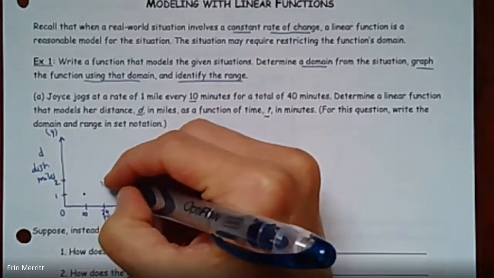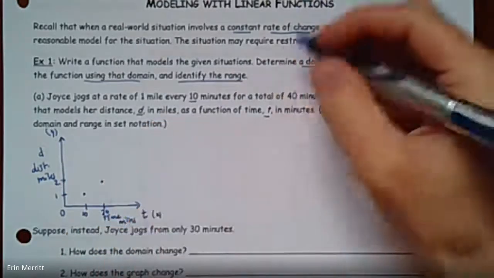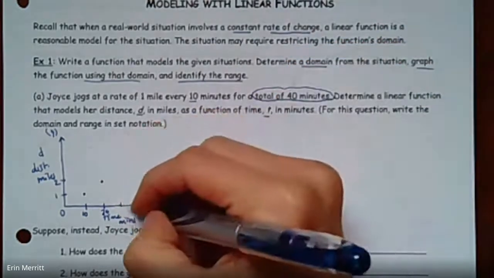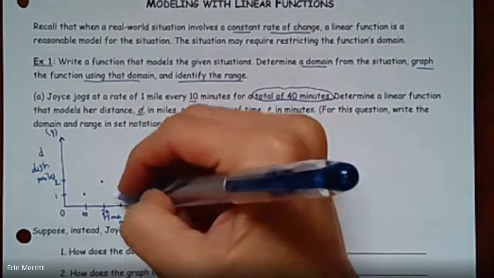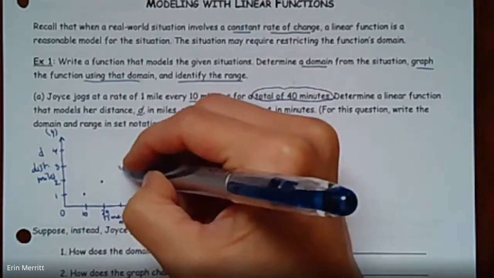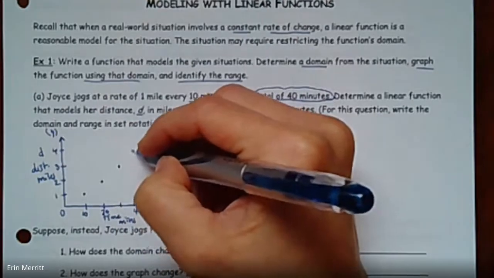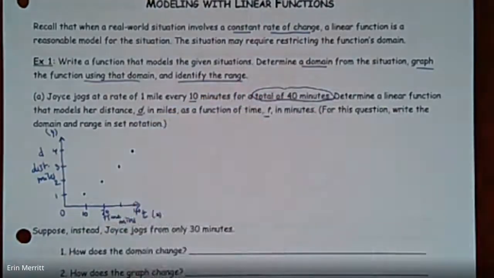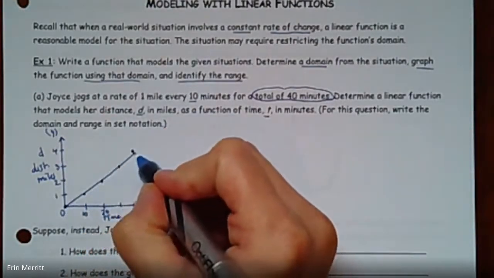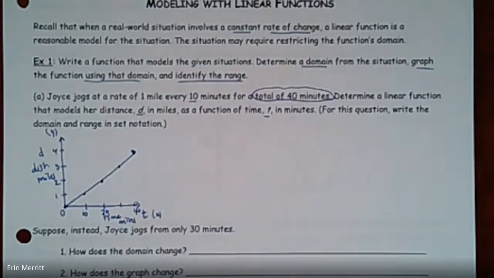So her pace makes it really easy to figure out what's going on for a total of 40 minutes. So we can go all the way out to the 40-minute mark, which would make sense that she would have gone 3 and then 4 miles right there. So when it says draw it, it's only over that specific domain. So we can start at 0 and then sketch that you would just have that one little line segment here,